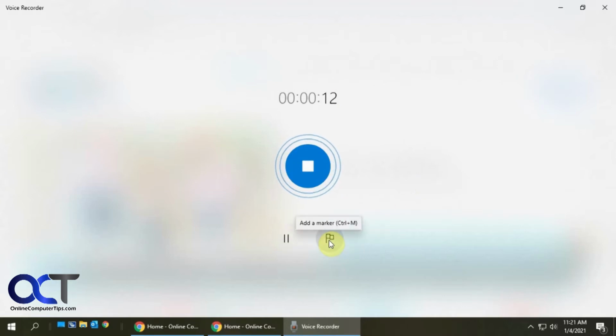And then you have this marker icon. Let's say you're saying something important and you want to make a note of that timestamp where you said that. So let's say at 20 seconds, I just said something important, so I made a marker. And let's say at 25 seconds, I said something else important. There's my marker. Once you're done recording, just simply hit stop,